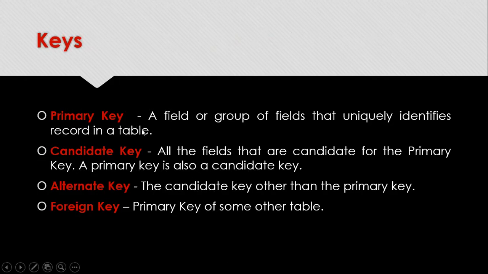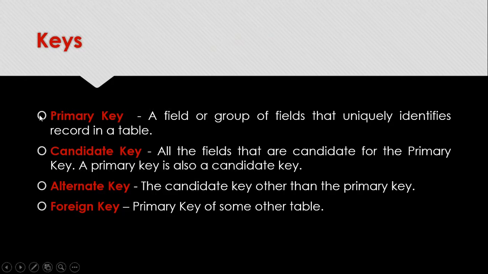In a primary key, duplicates are not allowed, and it cannot have a null value. What do you mean by a null value? A null value is an empty value. It's not equivalent to 0. If you are not entering any value, it is considered a null value. That is a legal empty value. So these are the two significant properties of a primary key: it should not be empty, and it should be unique.